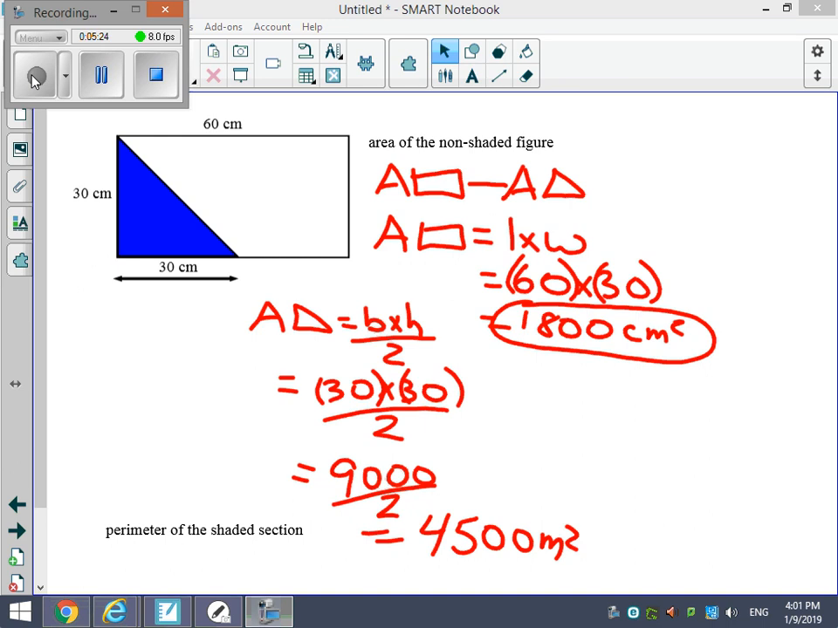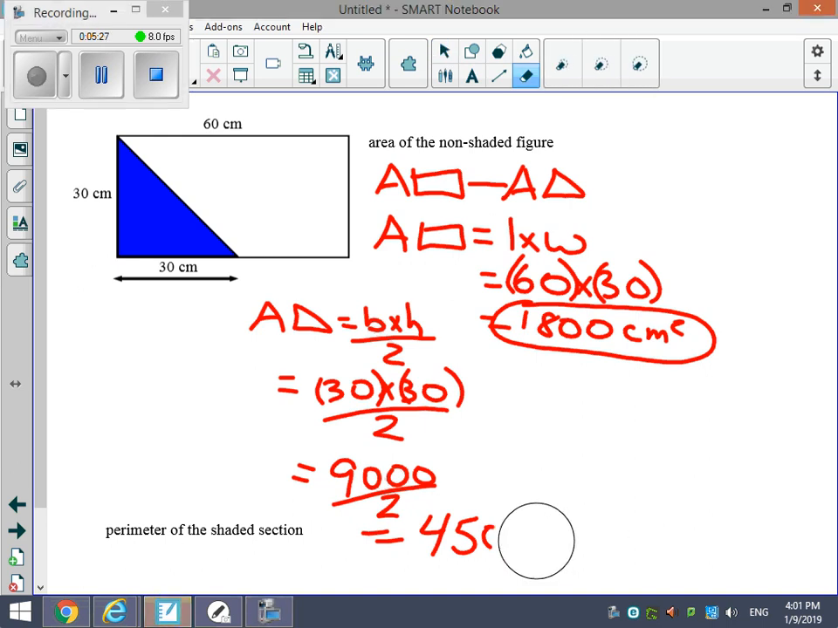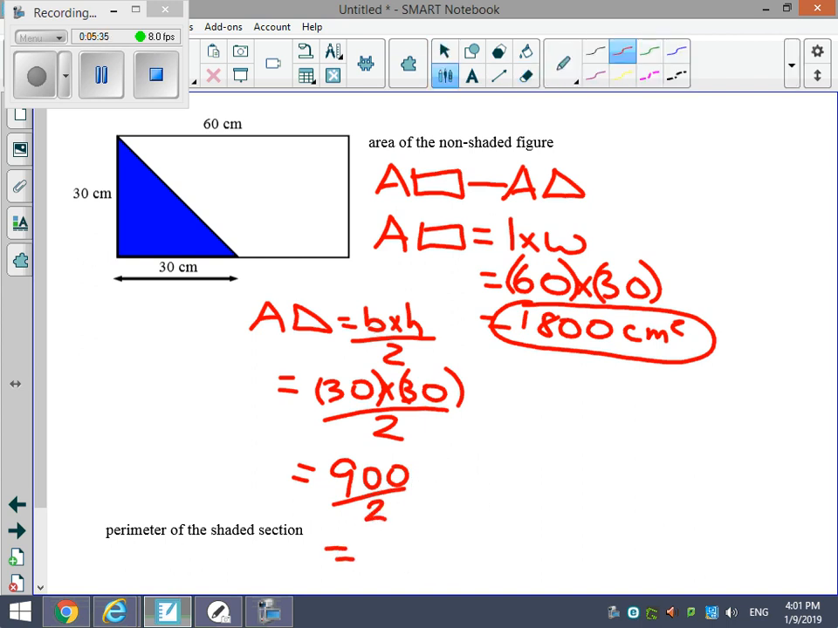Hold on. Nope, I gotta backtrack. I was doing some math in my head. 30 times 30 is only 900. So it's 900 divided by 2, and that's 450. Looked a little bit big when I was doing it. Centimeters squared. And now remember, we're taking the 2 away from each other because we want to remove the blue